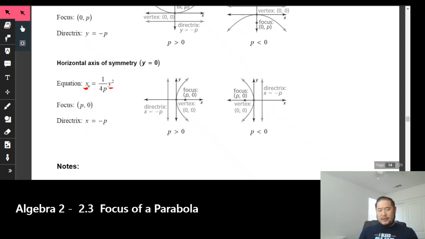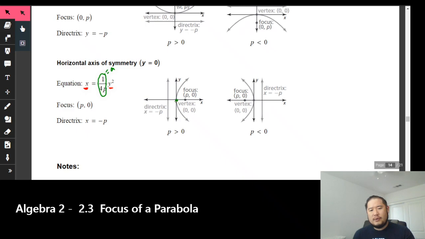So if the equation once again is x is equal to 1 over 4p times y squared, same thing right here, this 1 over 4p represents what our a value is. Our focus is a little bit different. It's p comma 0 when it's based off of the vertex. So we go right here, 0, 0,